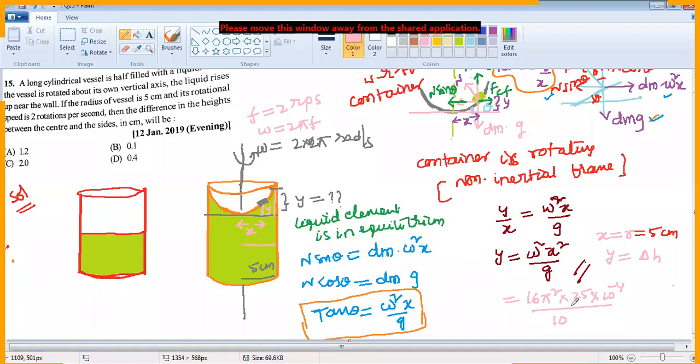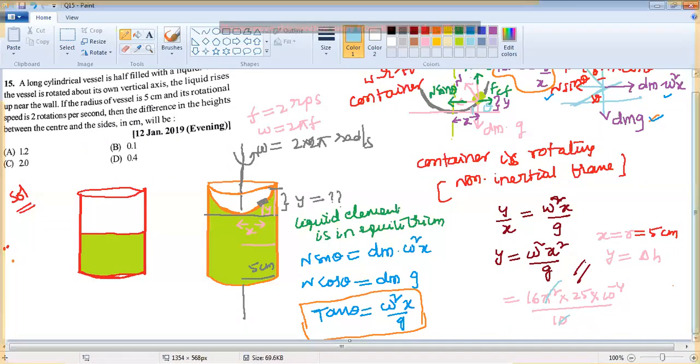So pi square is also 10. We are taking pi square as 10, so this pi square and this 10 cancel. 16 into 25 is how much, sir? 400. That's 400 into 0.4. Look here, 400 into 10 power minus 4